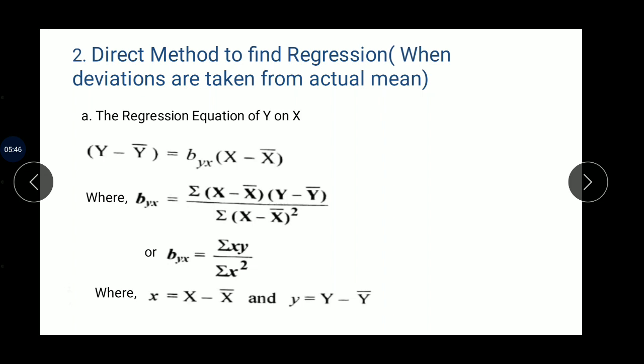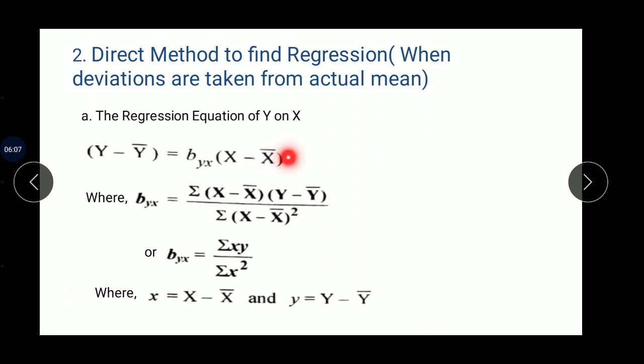So this is the one method. The second method is the direct method to find regression when deviations are taken from actual mean. This is another method to find regression. In this case the deviations are taken from actual mean. So in this method the regression equation is given by this formula: y minus y bar equals byx times x